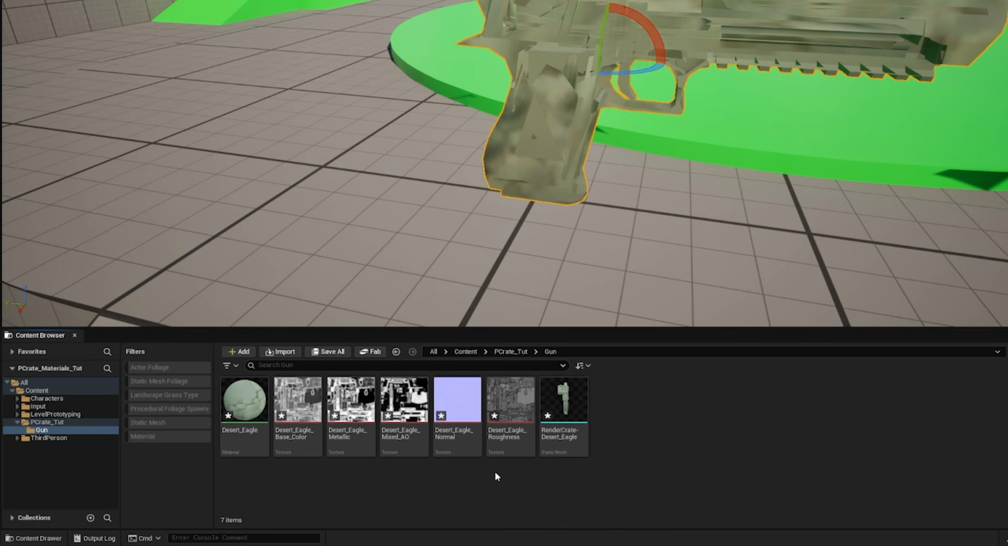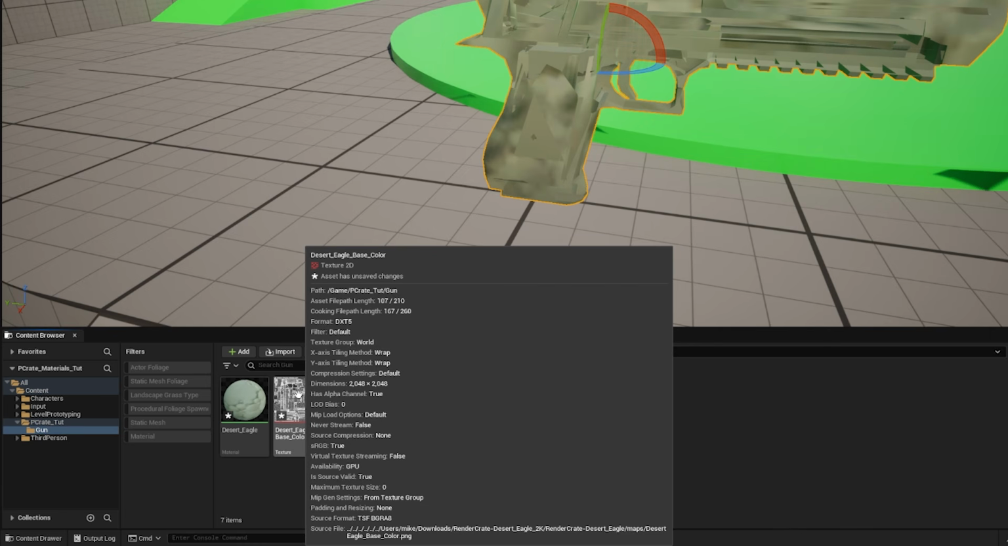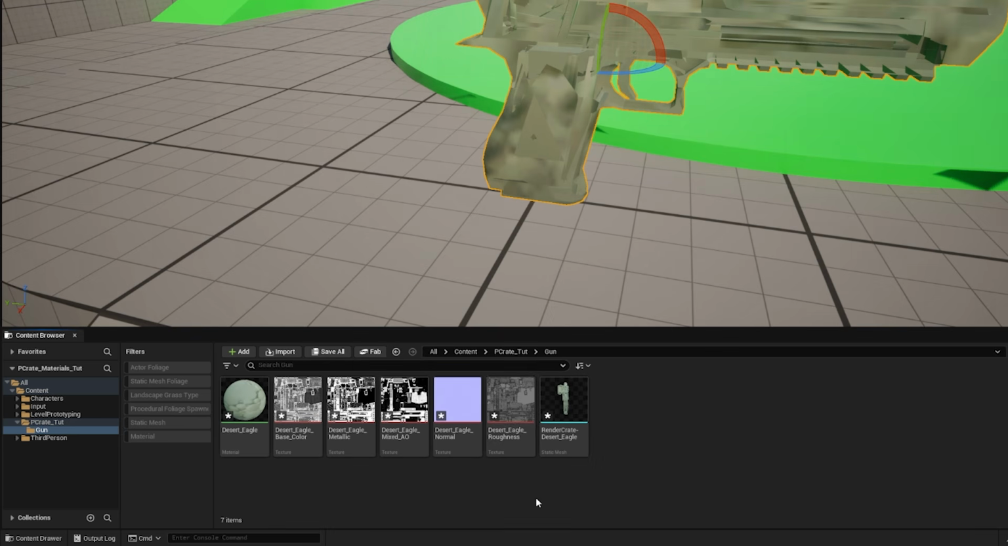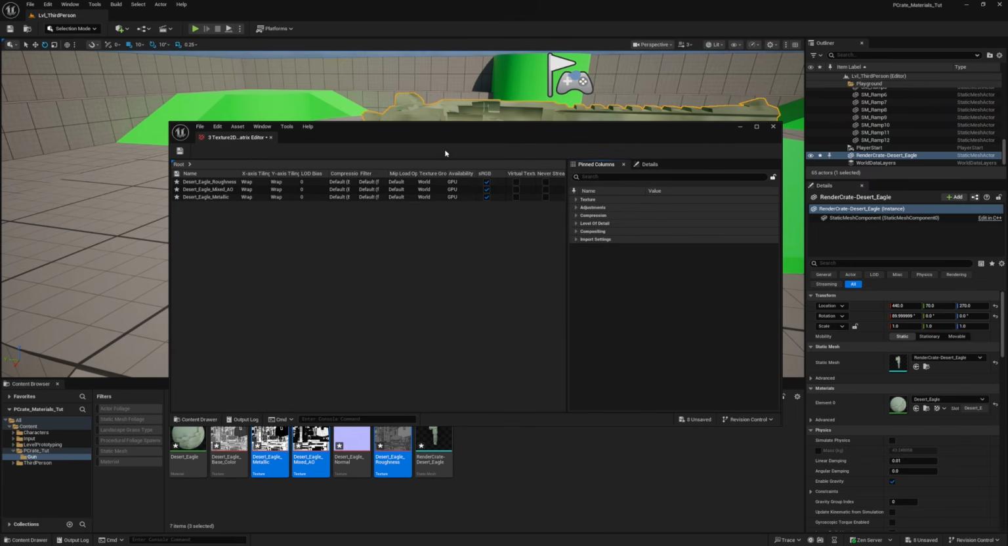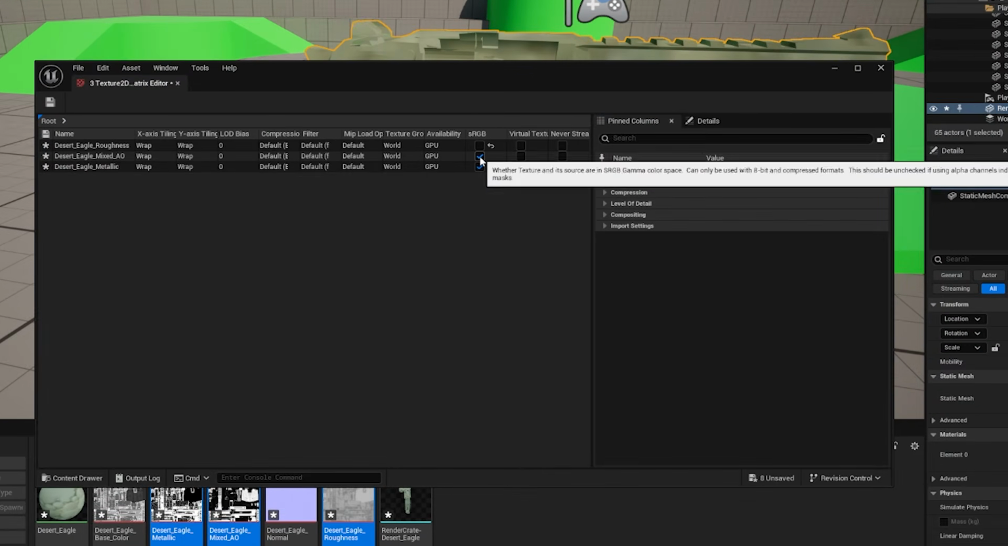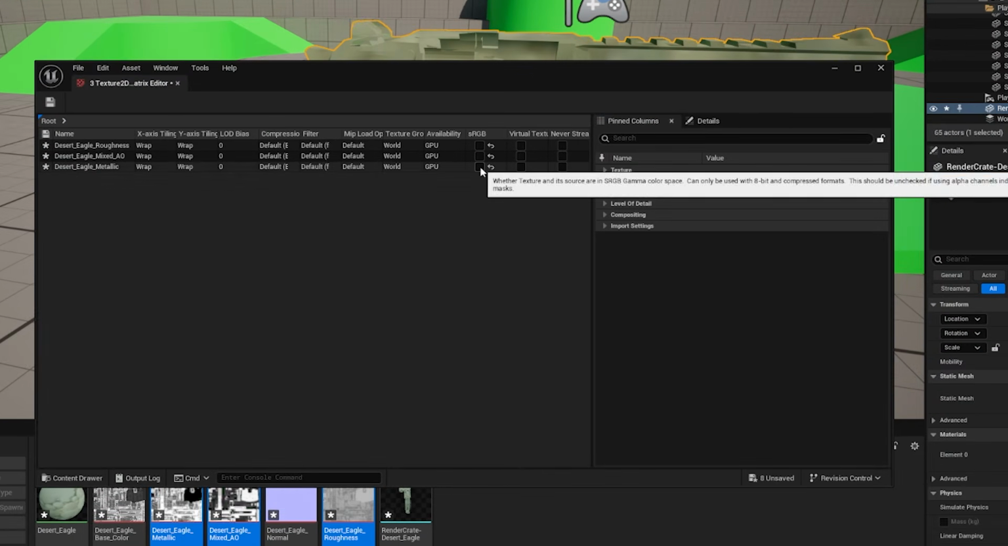Okay, the first thing we want to do is highlight the maps. And you'll notice in this little pop-up dialog box, there's a little section that says sRGB true or false. sRGB means it's being color corrected, and we don't want all of our maps to be color corrected. Basically, only the maps that are color should be color corrected. So I'm going to select all of the textures that are not color maps, like metallic, ambient occlusion, and roughness, and I'll right click, go up to Asset Actions, down to Edit Selection in Property Matrix, and when this window pops up, we can just really quickly and conveniently turn off the sRGB checkbox for all three of those textures